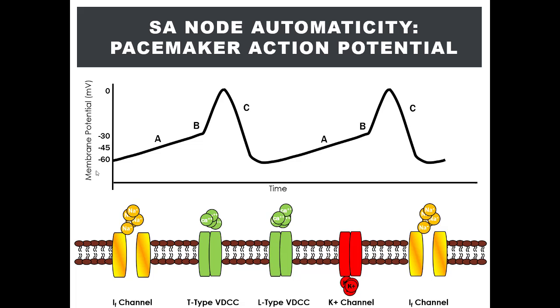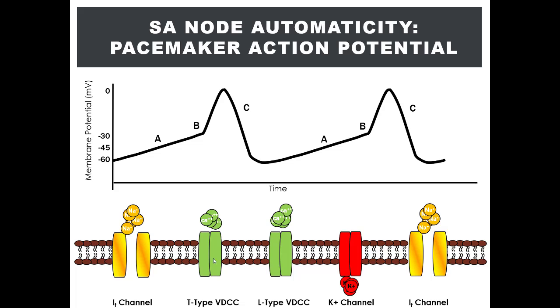Now here on top, we have a figure that shows membrane potential on the y-axis and time on the x-axis. And I'm going to take you through the process by which a heartbeat is initiated by the SA node. Again, automatically. So the SA node can automatically generate an action potential without extrinsic stimulation from the nervous system because it can never rest. In other words, there is always something causing it to depolarize. Now, as we discussed in skeletal muscle EC coupling, what causes a cell to depolarize? What causes a cell's membrane potential to rise? It's when positively charged ions enter the cell, otherwise known as influx.